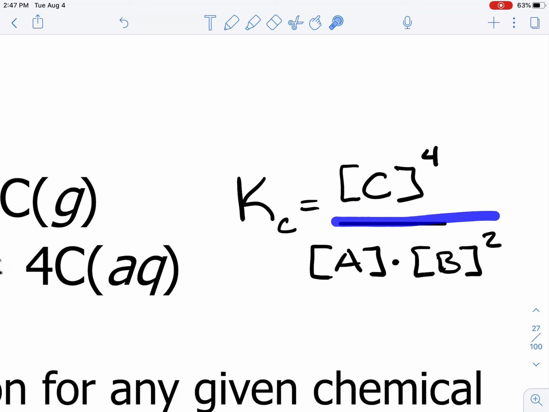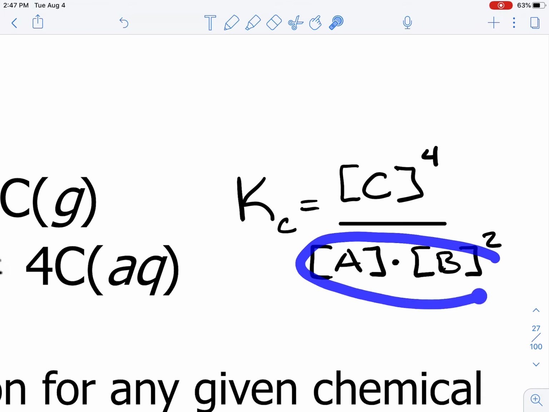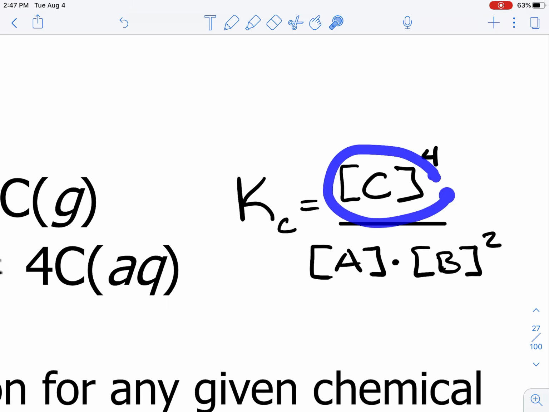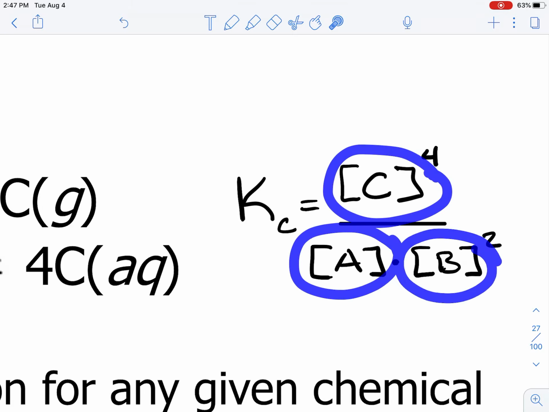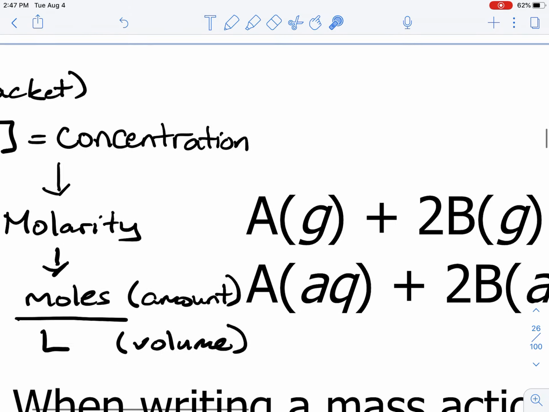And we're going to divide that by the concentration of the reactants raised to its own coefficient. Since these brackets represent concentration,